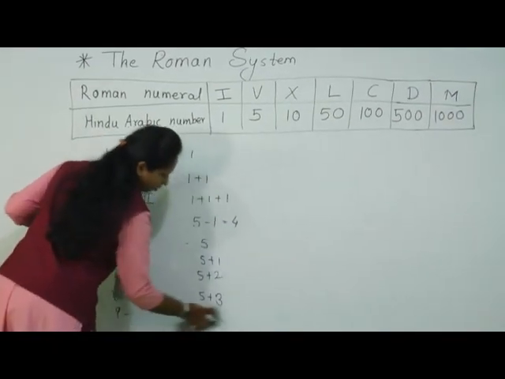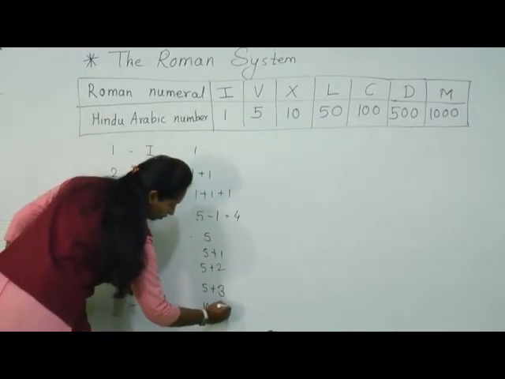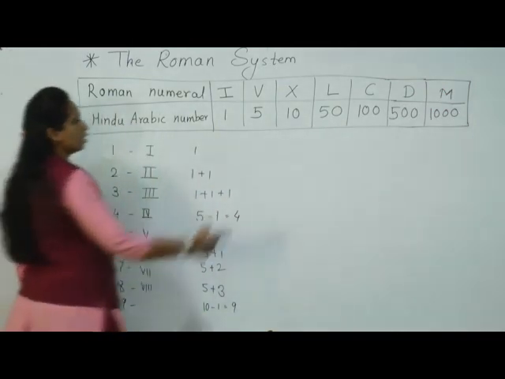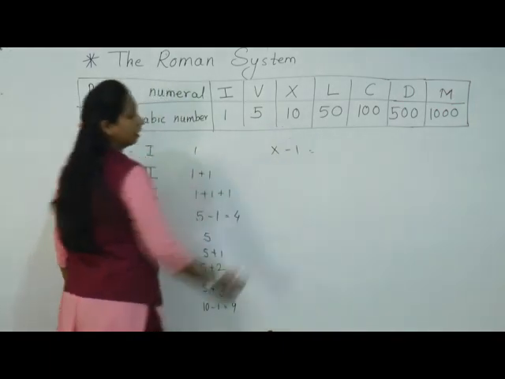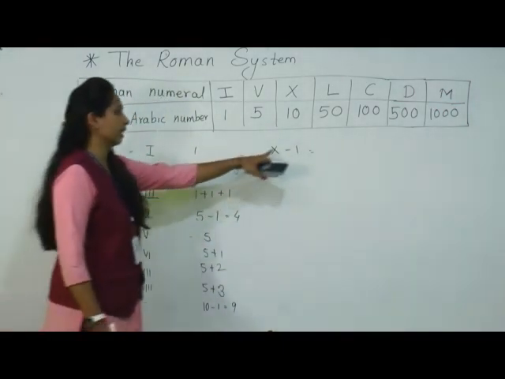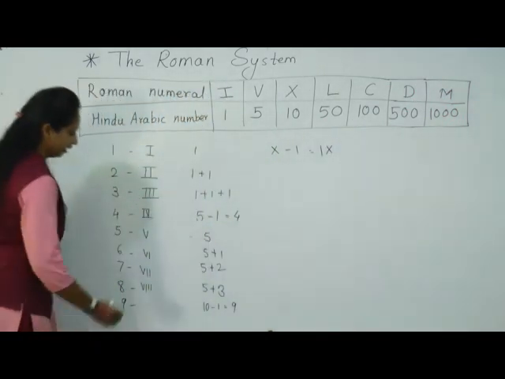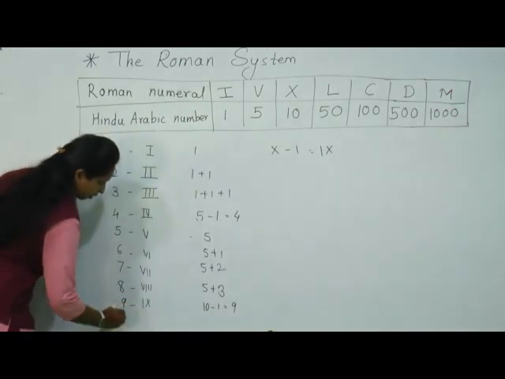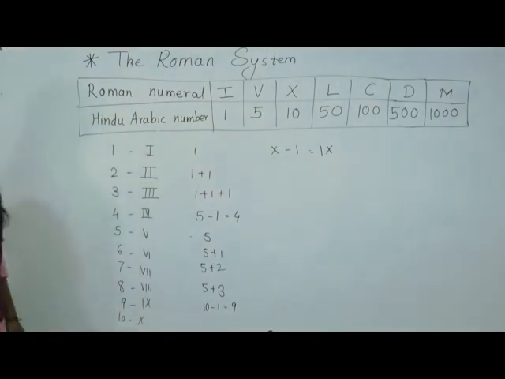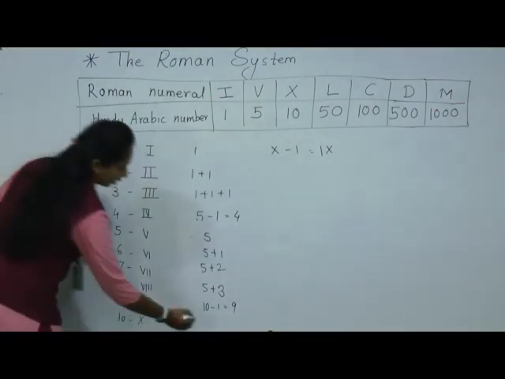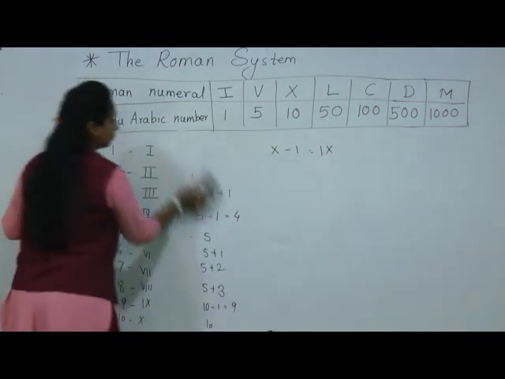Okay, here what we have to do, how do we get 9? When we subtract 1 from 10, we get 9. So 10 means what? X, and 1 means what? I. Okay, so whenever we are subtracting a smaller from a greater, while writing, write smaller and then greater. So we have to write 9 in this way, that is IX. What about 10? Already they had given, 10 means X. Understood till here? Got it? Yes students? Is it clear? Yes. Now we'll move to the next number.